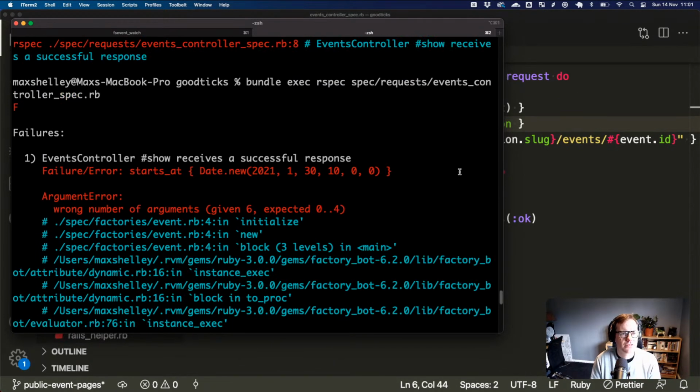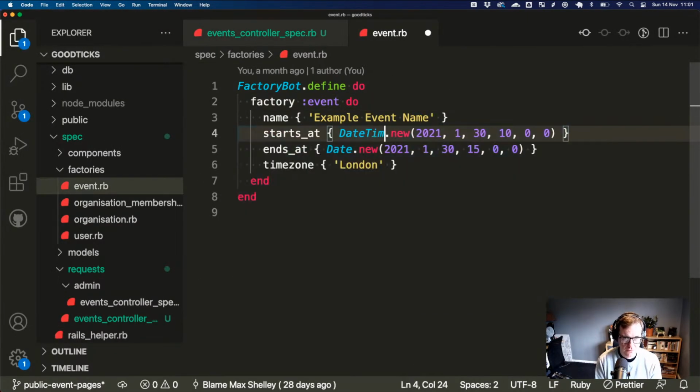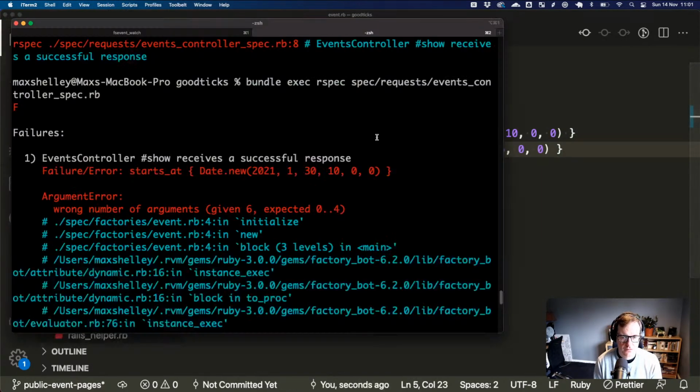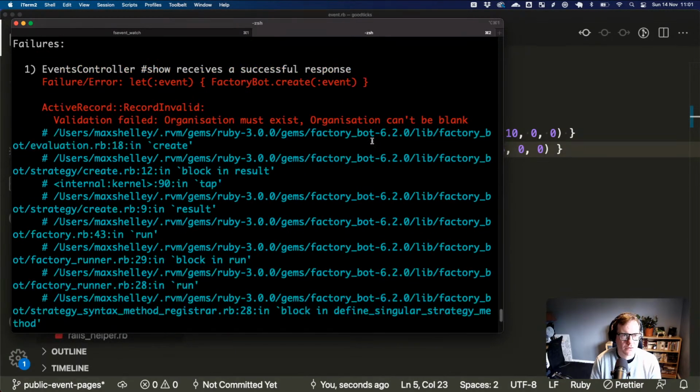Oh, maybe this factory is completely wrong. Have I just never used this before? Because the error I'm getting there is about the number of inputs to a date.